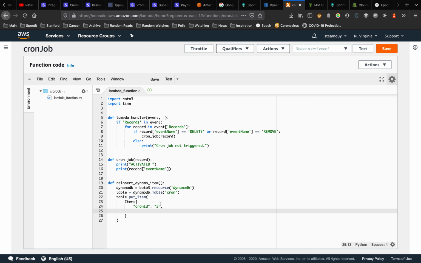Remember, if another item exists with the same ID, because this is our partition key, it'll overwrite that item, and then say expiration stamp, int